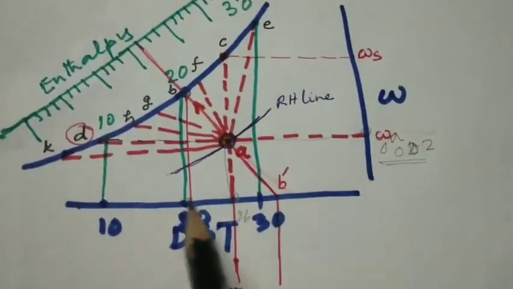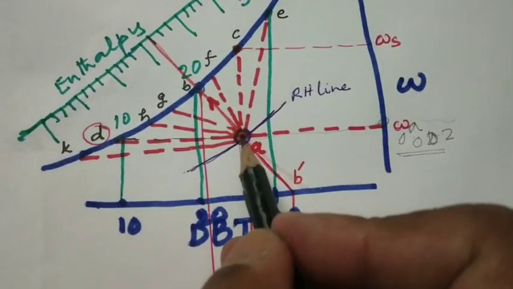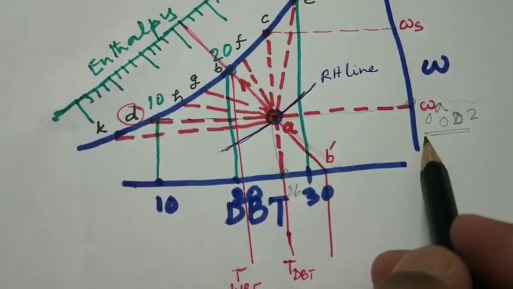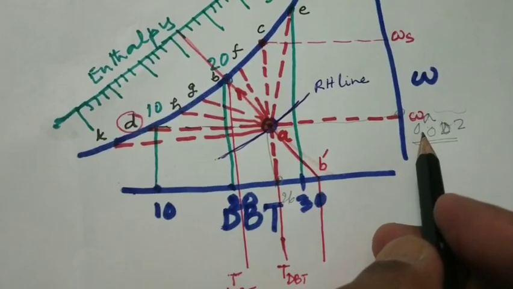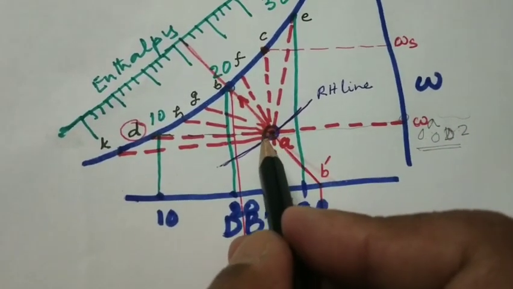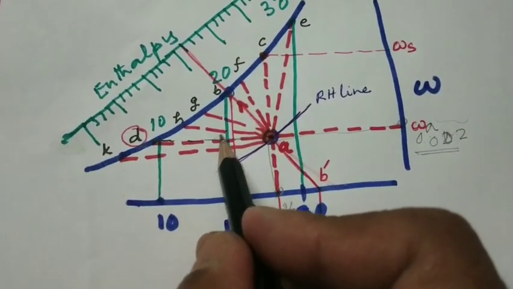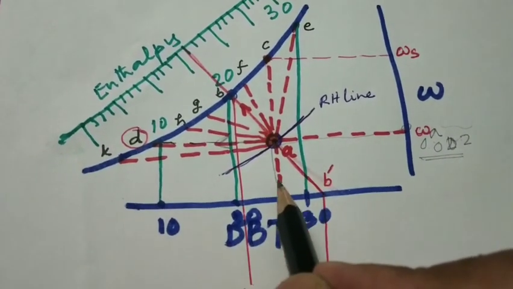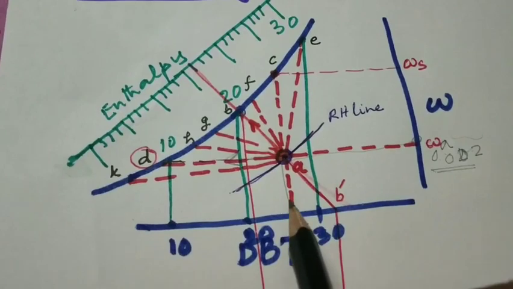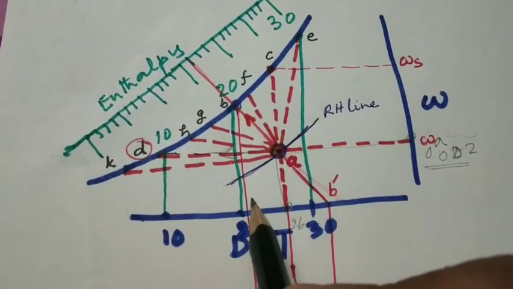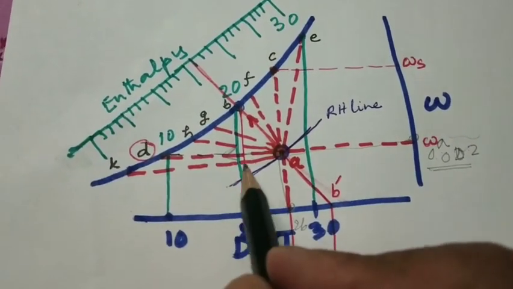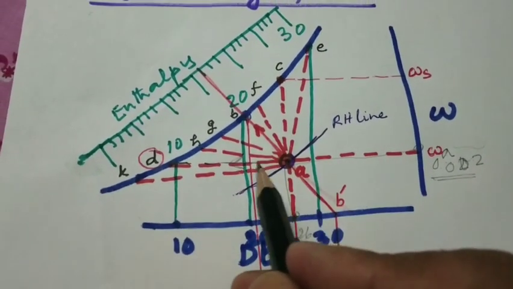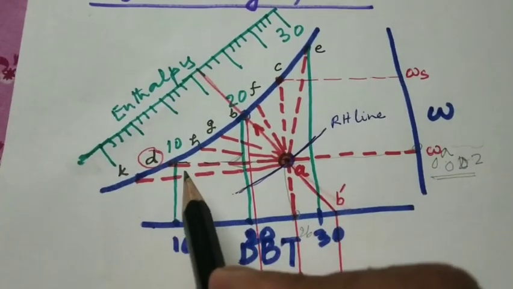Now, supposing we have air at condition A, and we don't change its water vapor content and we just cool it down. If we cool it down, this is the process line it will follow. Its temperature will decrease from 26 degrees, 25, 24, 23, like this. It will go on decreasing its temperature. You are not adding or deleting water vapor, so this is the line that it will be following.